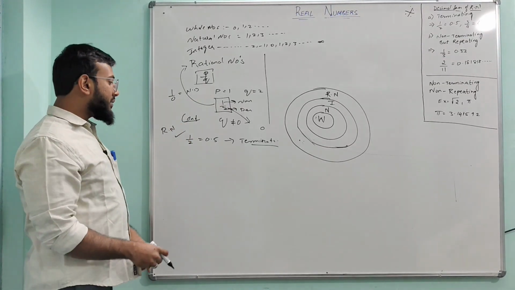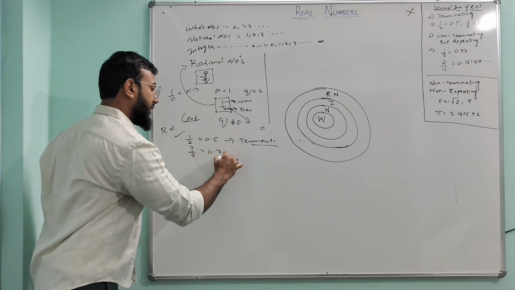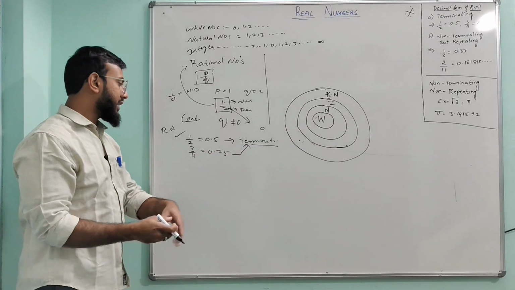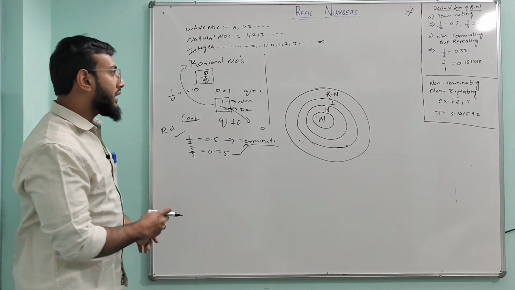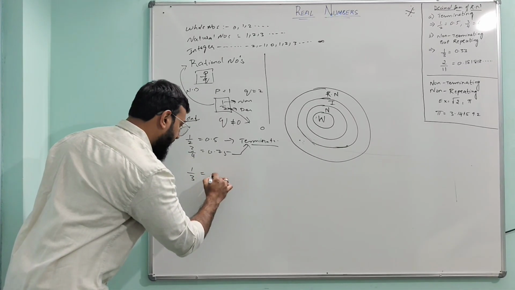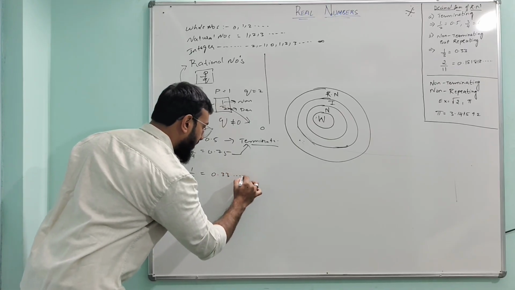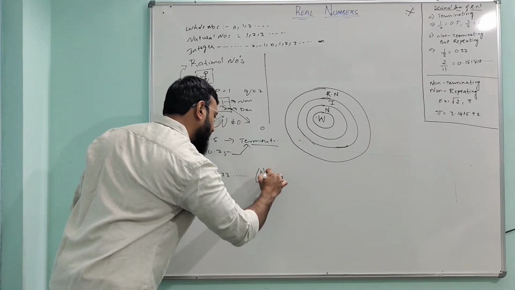Similarly, I gave an example previously, 3 by 4. What am I getting? 0.75. This is also terminating, and this example is also a rational number. Now we'll take an example 1 by 3, where I'll be getting 0.33, keep on going, which is non-terminating. What is the word we use? Non-